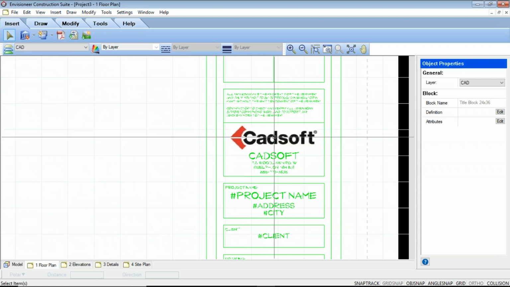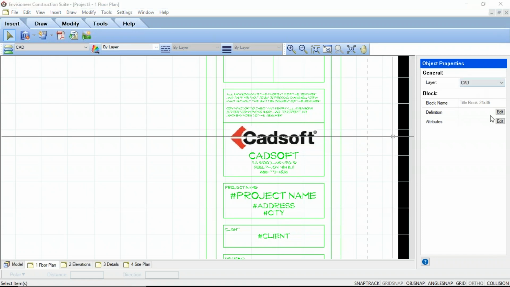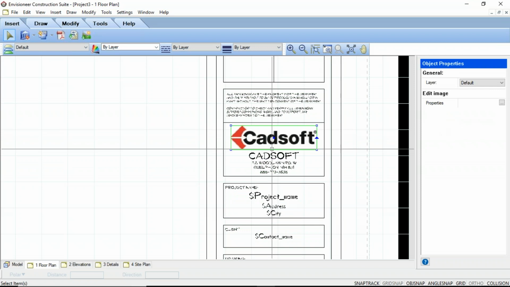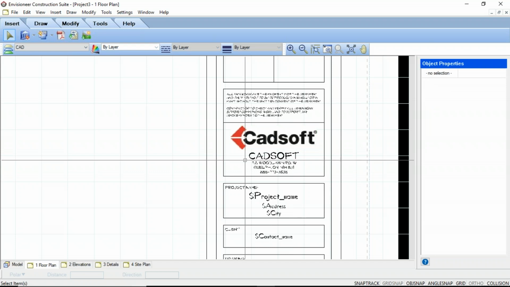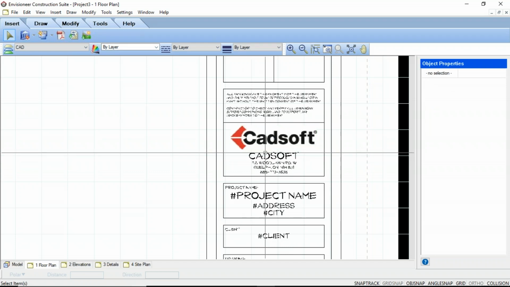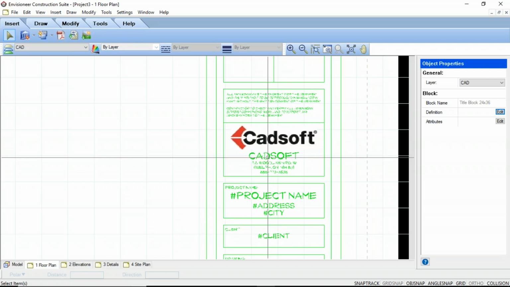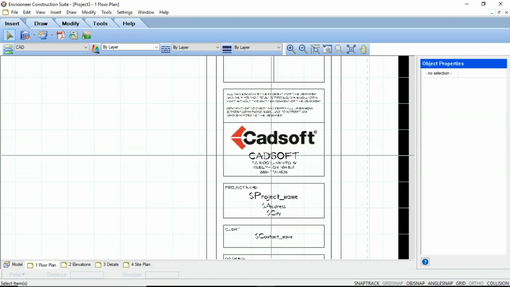So instead of using the CADSoft logo and the CADSoft name, we can go in and specify a different logo. All I would do here is say edit definition. I would select that title block, and it's bringing up an actual image, and I would just replace it with the image of my company. Make that change, and then I can just press escape to get out of the definition, and then I can select this option, select the title block again, and if I go back into the definition, I